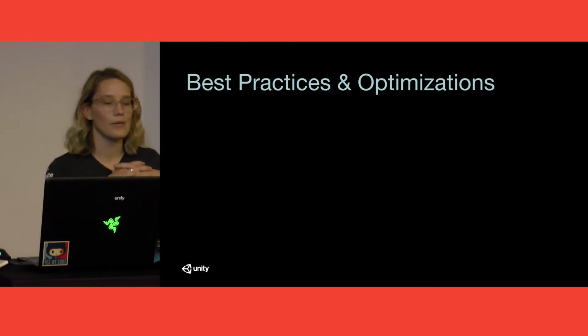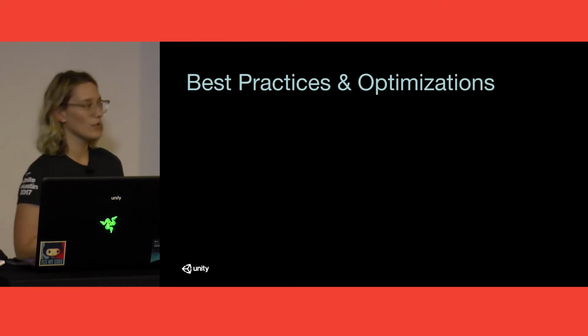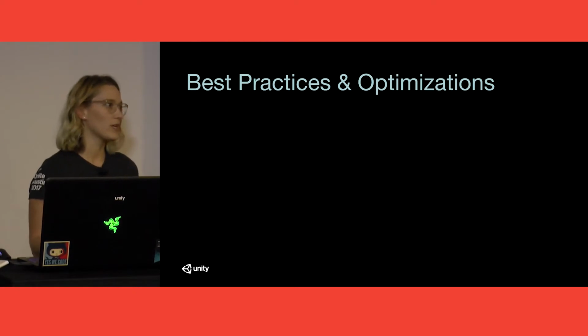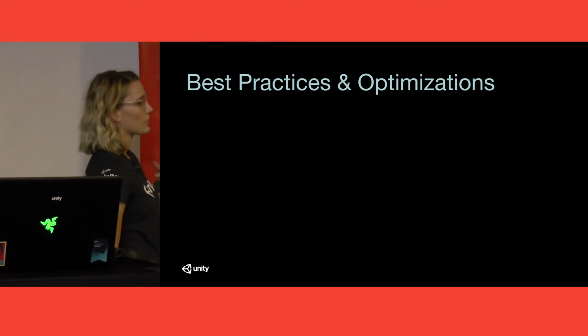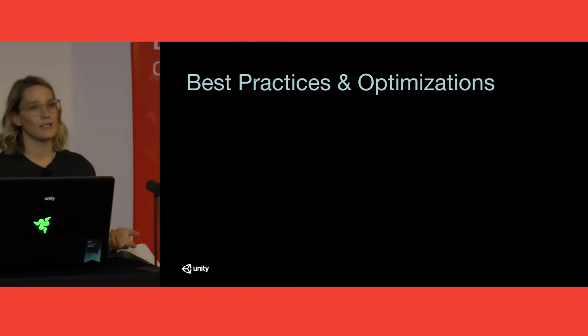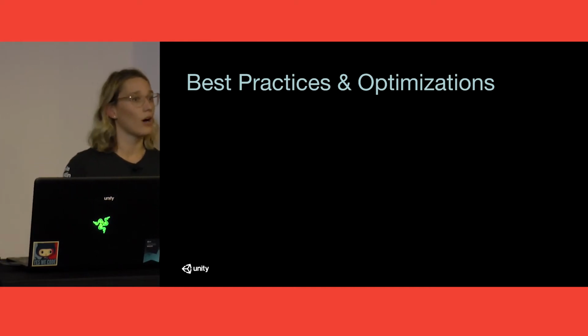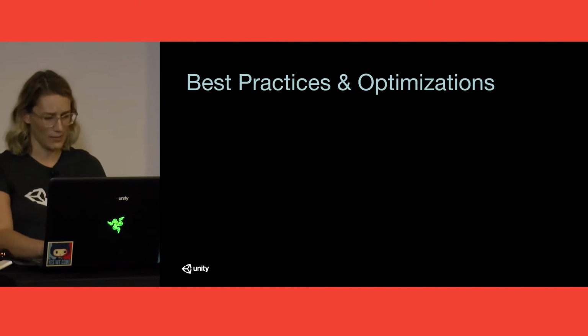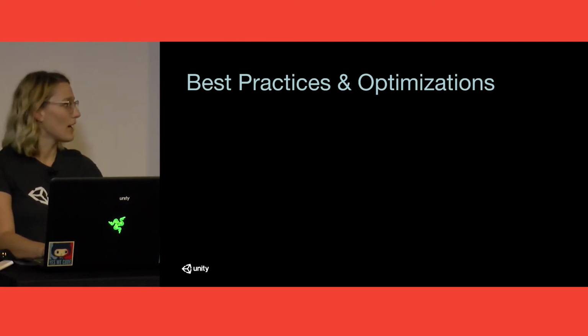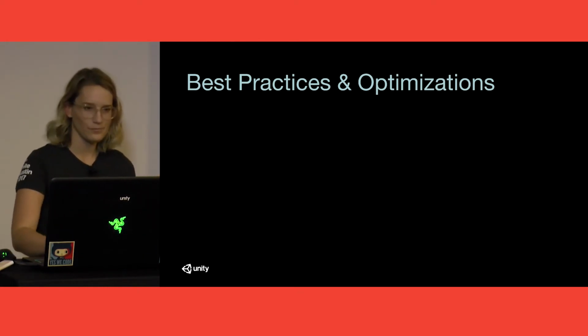All right, so now I want to get into some best practices and optimizations for VR, and this is pretty challenging, right? As I mentioned, we do get really high graphical quality with desktop VR. But that's also because we're producing content that's running at 90 frames per second, and that's hard to achieve. It's a lot higher than traditional gaming. So I'm going to go through some ideas for how you can help your game perform and also make your game more usable for the user.